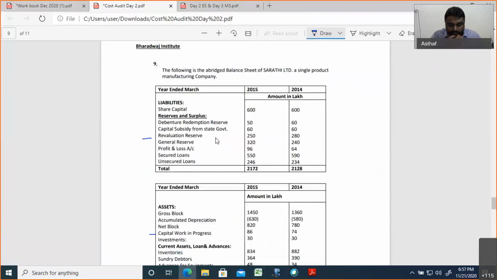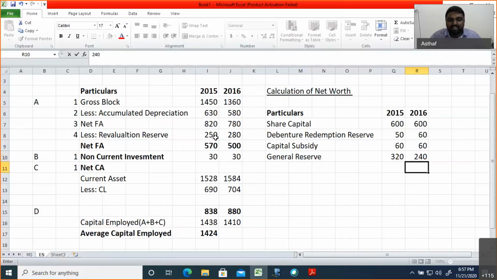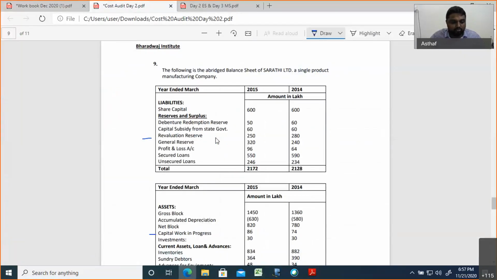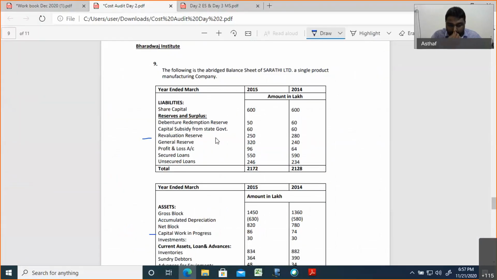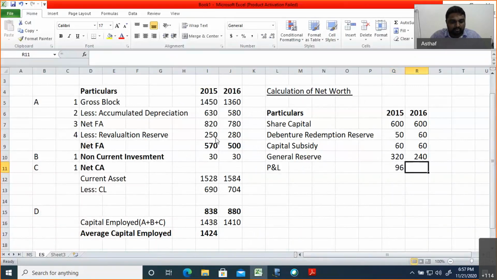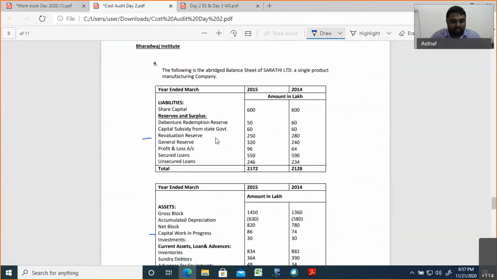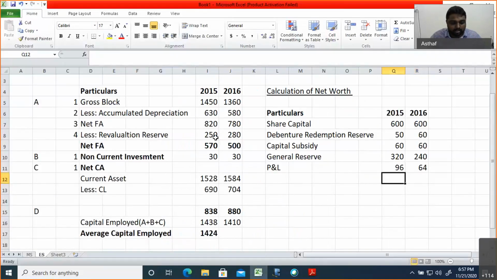General reserve is 320 and 240. What is the profit and loss account? The profit and loss account is 96 and 64. So this is what is called your